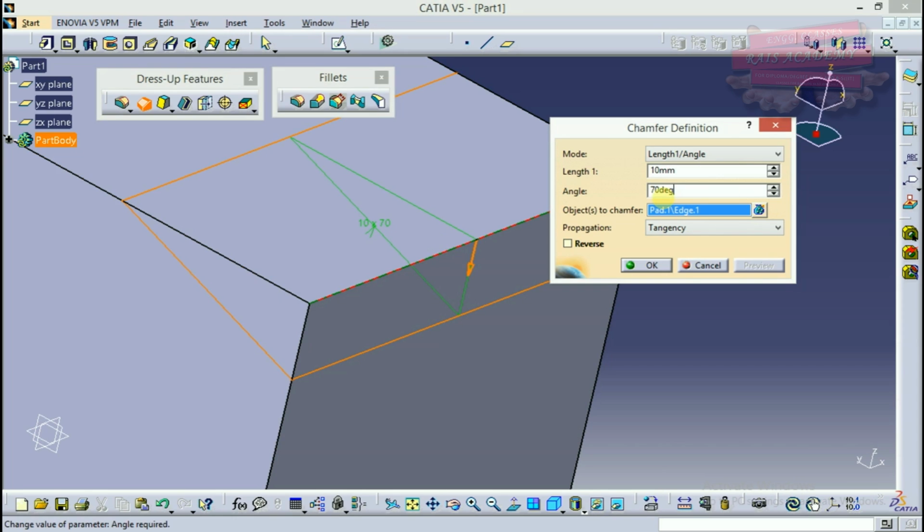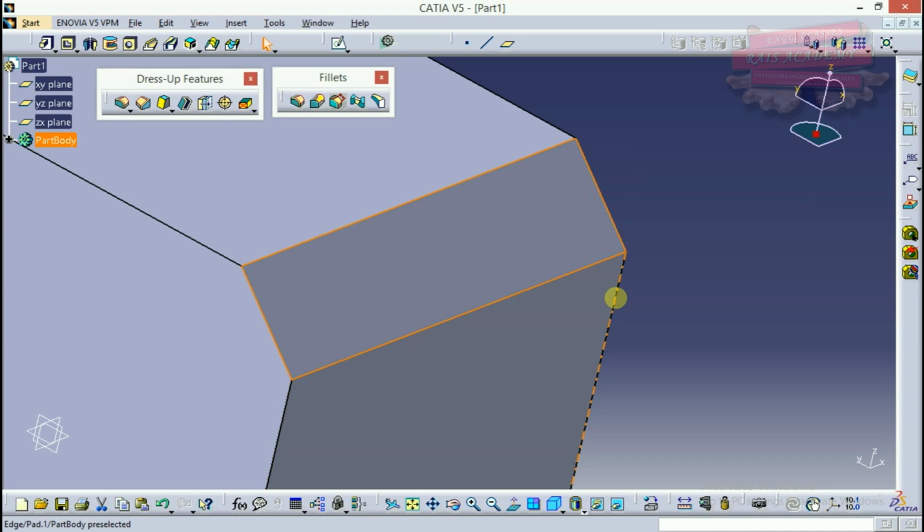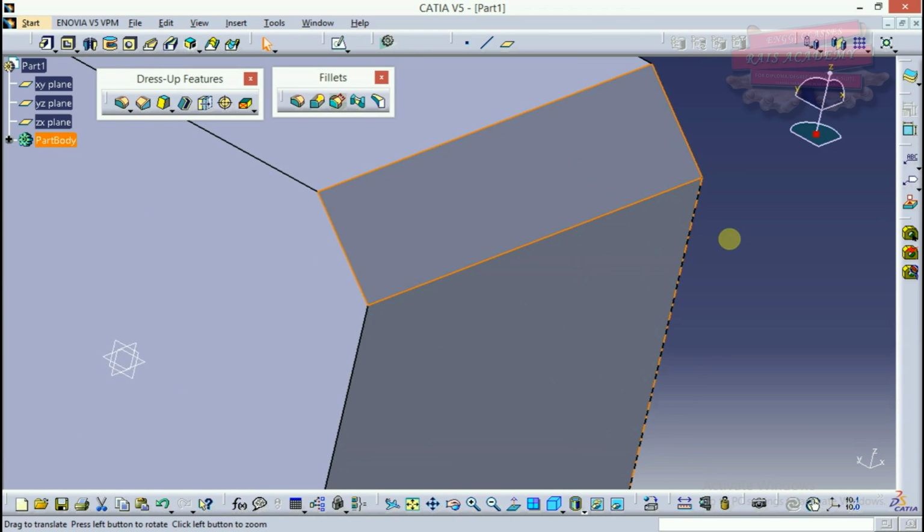So I'll give it 45, so it would be symmetric along this line, meaning it would remove the same amount of material from this face and the same amount from this face as well. It has the same options, that is tangency and minimal. I'll click on OK. Now we have got our chamfer.